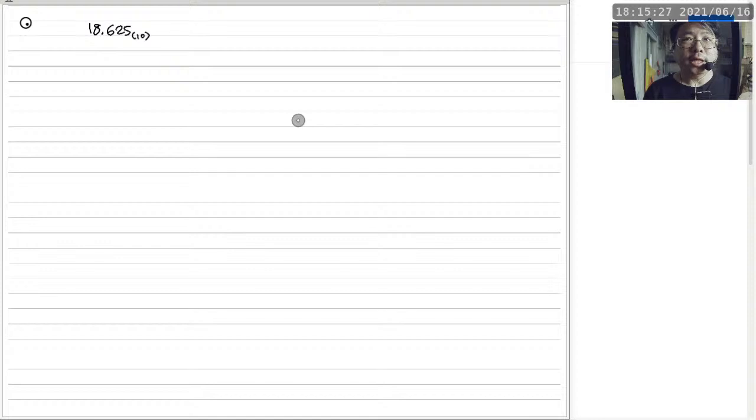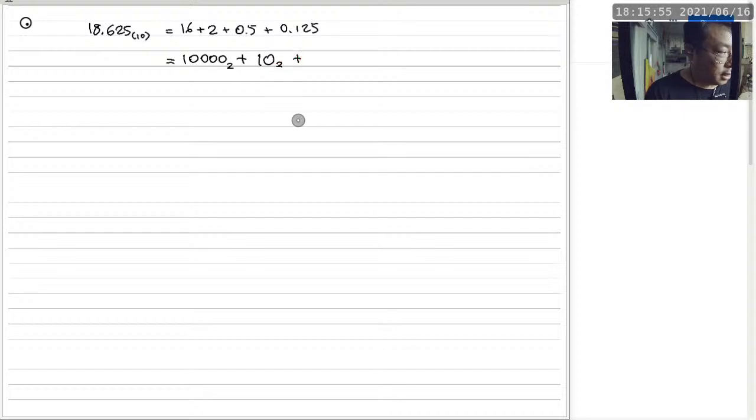All right, 30 seconds is up, and let's go ahead and find the answer. So this is 16 plus 2 plus 0.5 plus 0.125. All of these are powers of 2. And 16 is 1 followed by 4 zeros. And 2 is 1 followed by 1 zero. 0.5 in base 10 is 0.1 in base 2. And then 0.125 in base 10 is, let me think,